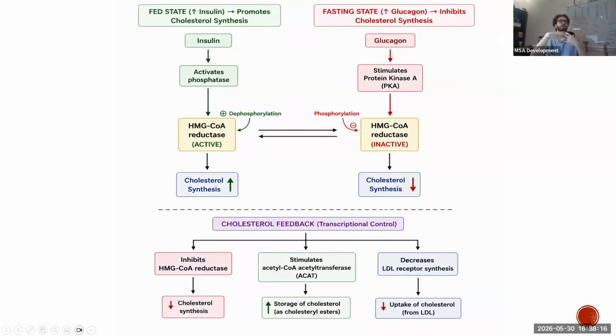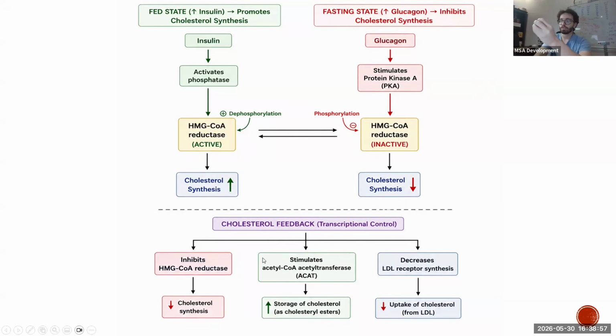When your body is well fed, it has a lot of nutrients, it's like, you know what? Let me make cholesterol. كأنه واحد فلوسه زايدة. He's like, you know what? Let me travel. This is exactly what's happening here. However, when you're fasting, when you don't have energy, this isn't the time for cholesterol synthesis. When there is glucagon, لما الواحد مضفر ما عنده فلوس ما حيقول let me go travel. He's going to focus on the necessities basically. So glucagon will stimulate protein kinase A, which will phosphorylate the HMG-CoA reductase, leading to it being inactive, leading to decreased cholesterol synthesis.